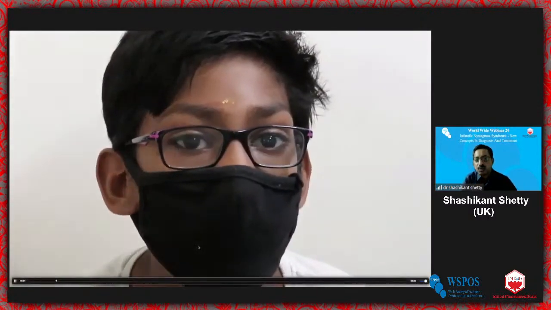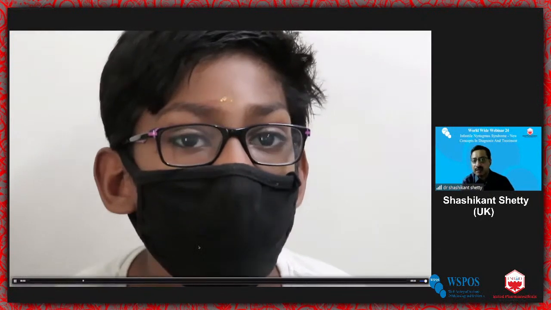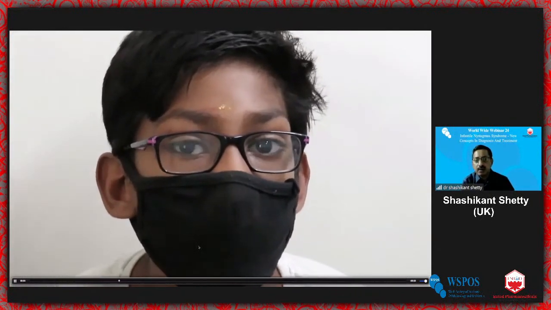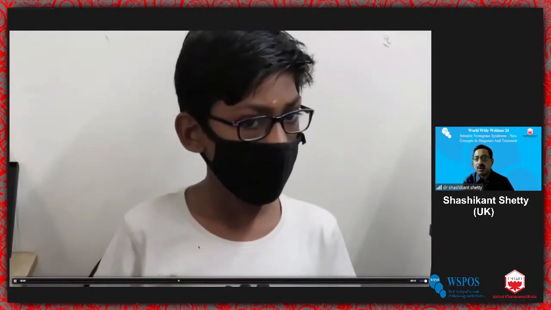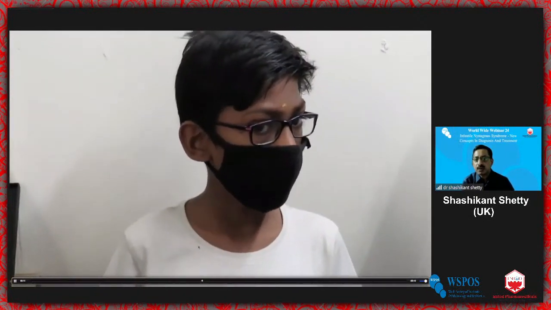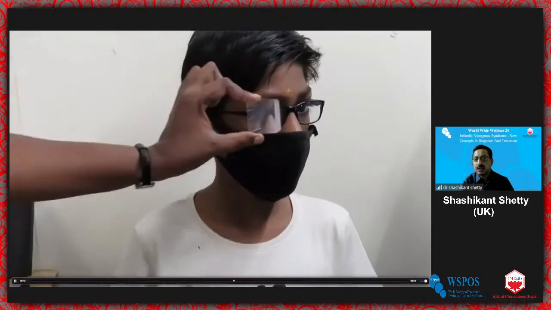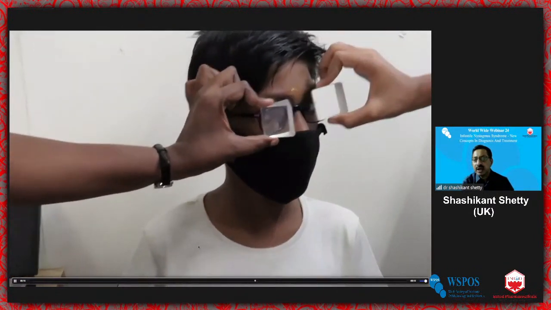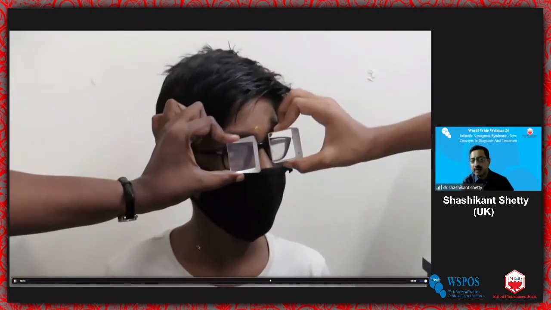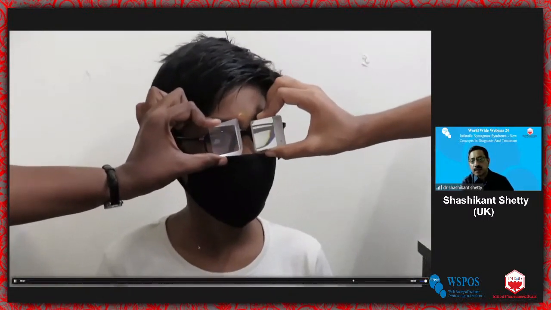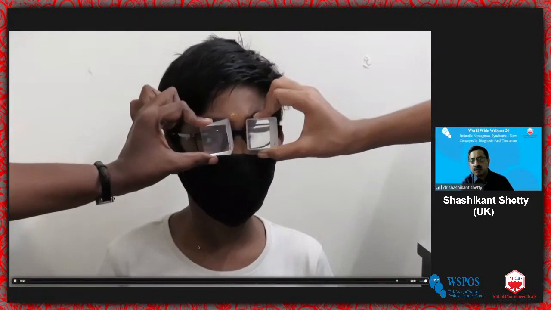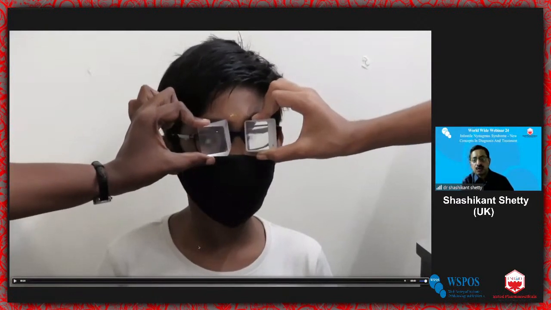So this is a patient who has got a left beat nystagmus with the left face turn, and the prisms will be kept to neutralize the amount of the face turn. So he has got a very large face turn, and a base in prism in the right eye and a base out prism in the left eye has been kept to neutralize the face turn. And then you can see the face turn getting better. So this amount of prisms can be utilized for your surgical planning.